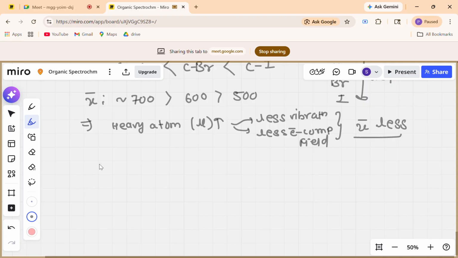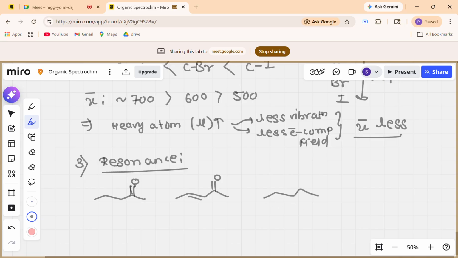Okay. So these are the two factors that you can directly conclude from the formula, showing how the stretching frequency gets affected by your bond strength and the reduced mass. Now the third factor is resonance. So let us consider, and it is mostly observed in molecules containing the carbonyl group or a conjugated chain. So as you can see,